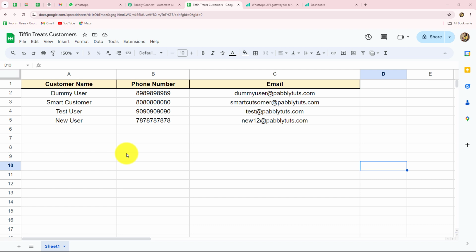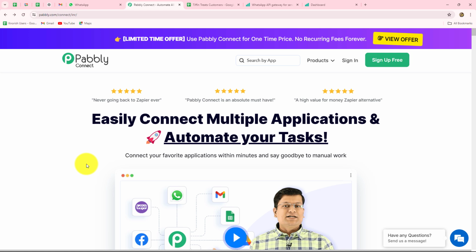What I will do is simply create an automation which will be scheduled for every month at a specific time and date, and on that date and time a WhatsApp message will automatically be sent to my customers regarding the renewal of the subscription. For sending this message, I'm going to use Ultramsg. We are going to automate this entire process with the help of Pabbly Connect, which is an amazing automation and integration software. So this is the home page of Pabbly Connect,